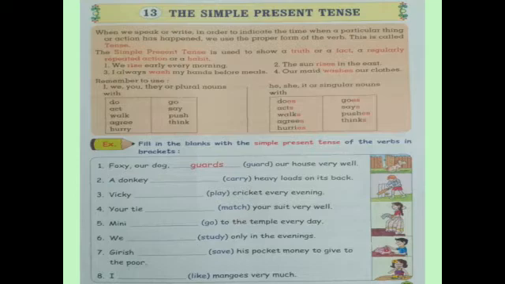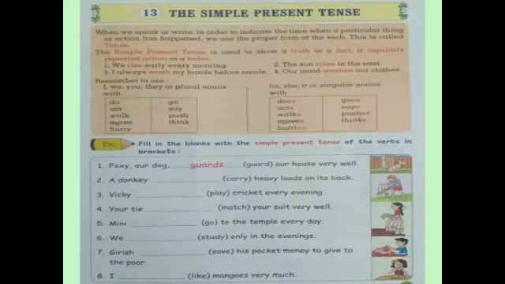Now, here is an exercise for you students. Fill in the blanks with the simple present tense of the verbs in the bracket. Now, in the bracket, verbs are given to you. You have to use the proper form of that verb. In simple present tense, you have to convert that verb and make the sentence meaningful. For that, you have to keep the above box and their instruction in mind. What to do when there is a plural noun and which verbs we are using during a singular noun.